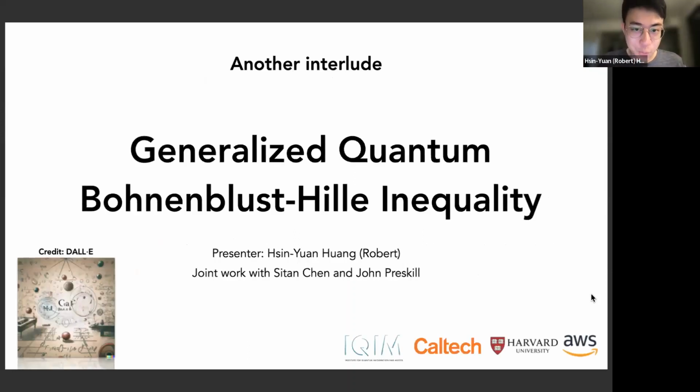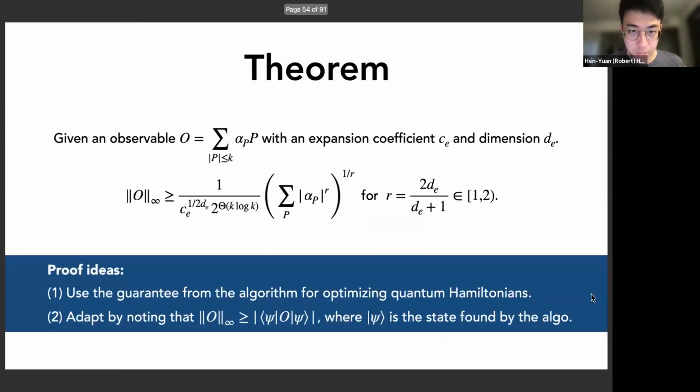Now here's another interlude where we're going to utilize this optimization algorithm to prove an inequality, which is essentially the quantum version of the Bohnenblust-Hille inequality, which is an important inequality in classical harmonic analysis. Essentially, the theorem states the following. Suppose we have an observable O, which only has weight up to K. One should think of this O as the low-rank approximation. And suppose that this observable has an expansion coefficient CE and a dimension dE,